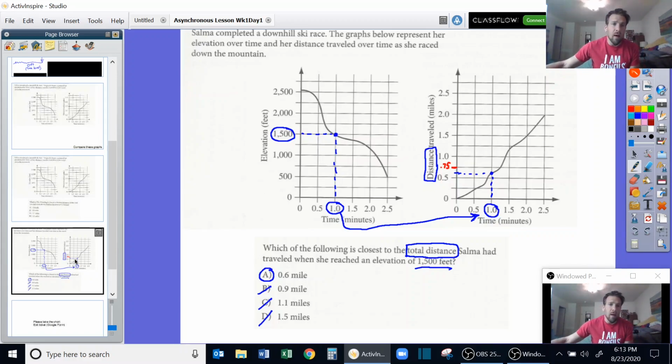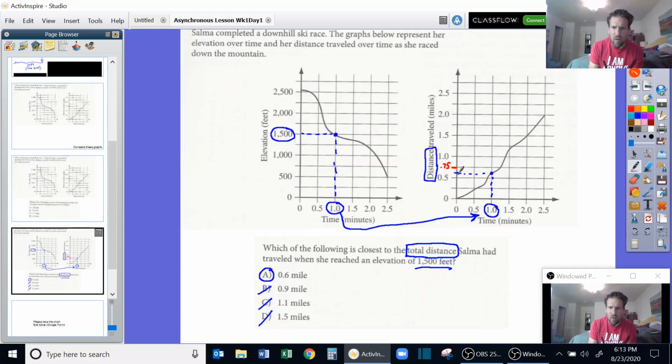We're wondering what will the total distance be when she has reached an elevation of 1,500 feet. So I go to my elevation, I find 1,500 feet. I go over to my graph and I read down, oh, well, that happened at 1 minute. Well, how much distance has she traveled at 1 minute? So I go over to this graph, I go to 1 minute, I go up to where the curve is,